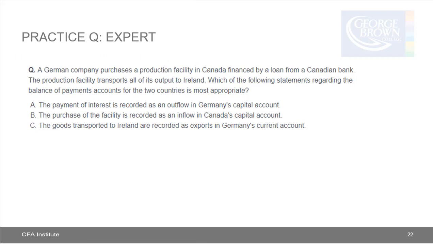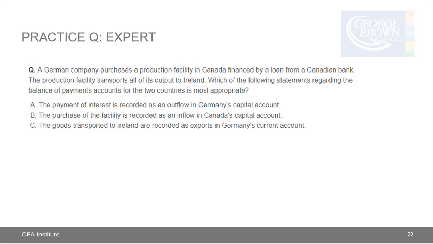Okay, another practice question from the learning ecosystem at the expert level. So you can see these are a little bit tricky. I'm just putting these in at the expert level to reinforce the fact that you need to practice and review from your mistakes, okay? So the question is, a German company purchases a production facility in Canada